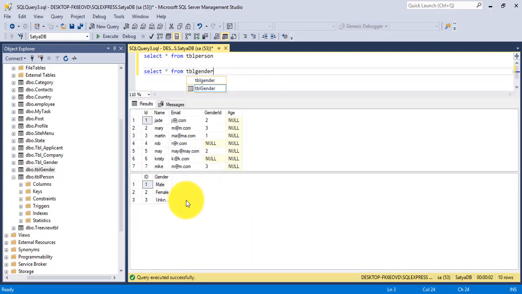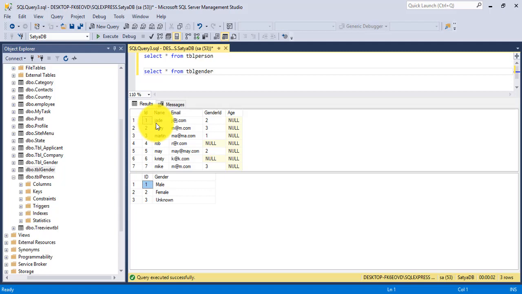See, I have inserted a few dummy records. For tbl gender I have inserted 3 records, and for tbl person I have inserted 7 records. If you want the script query, you can check here and insert it in your tables manually.